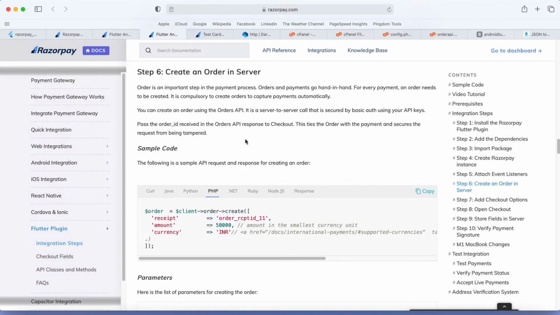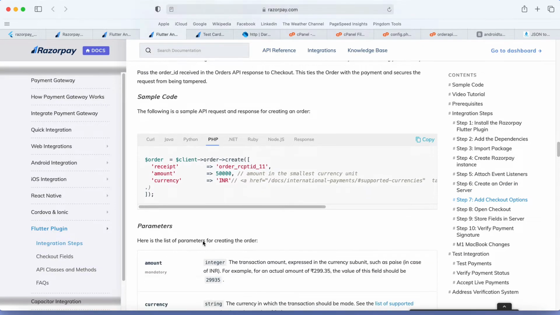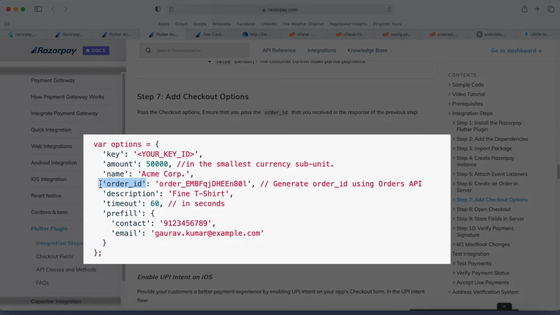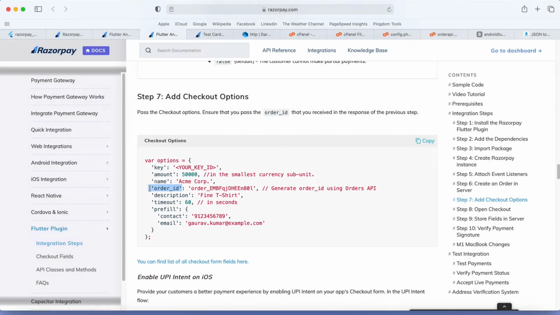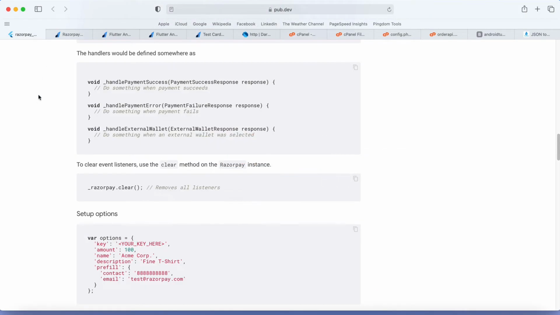So we need to add some PHP file on our server. If you are using Python or Java, you can use other code as well, but now I am using PHP. We need to add this order ID parameter, so the payment will be captured automatically. So this is about Razorpay.